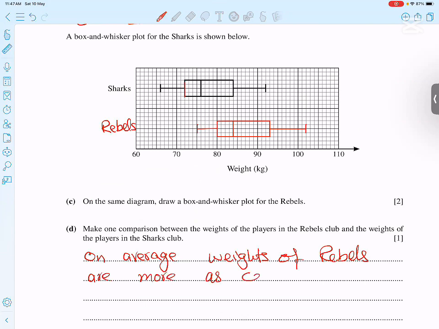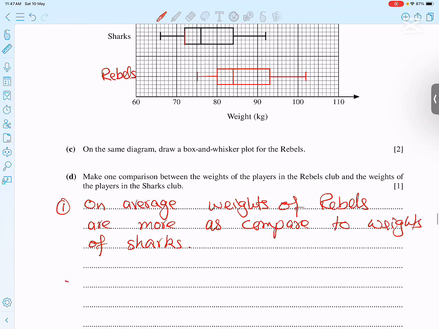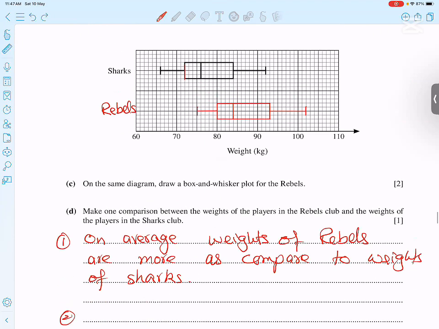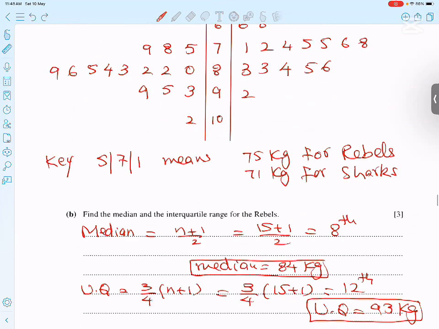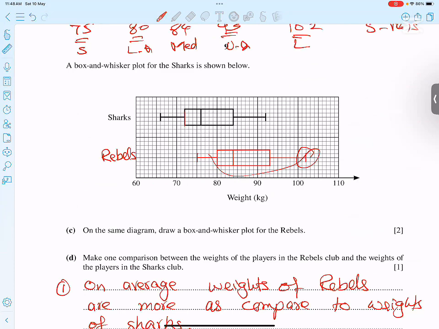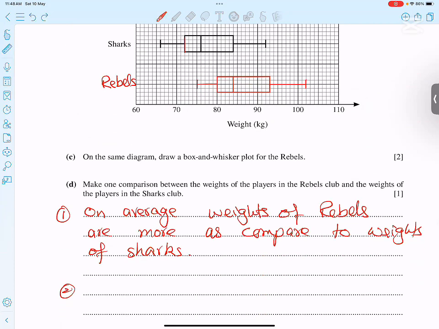As compared to weights of. This is one option. In the exam, we write one, no problem. Second, I'm writing extra here. There's a range. You see the range here: this is 66 and ending 92, whereas the range is 75 and 102. So due to 102, the range is very high. Range is more. So we can say that